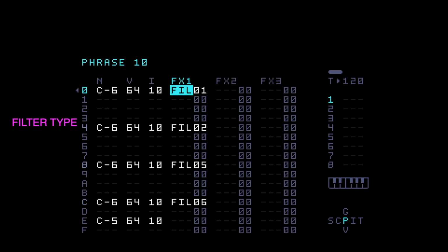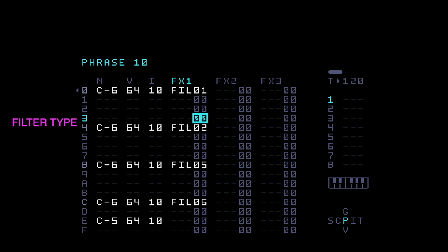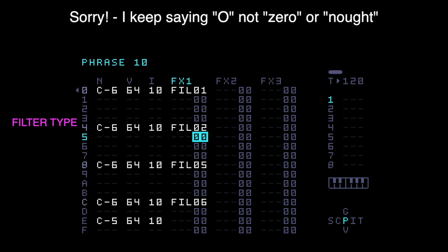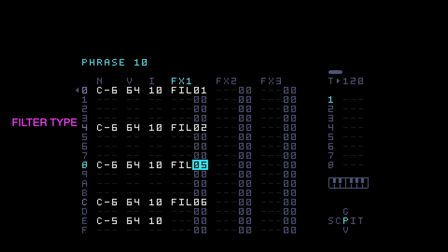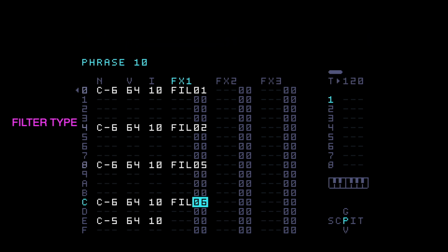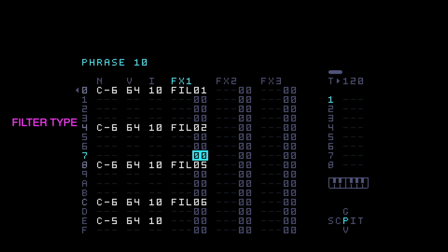So here on step 0 I've got filter 01. So if I hold edit down, that is filter type low pass. Come down to step 4, filter 02, that is high pass, you can hear the difference. Filter 05 on step 8 is the low pass to high pass, and on step C 06 WAV low pass, I think that is WAV LP. So I've got 4 different filter types. So if I run this,